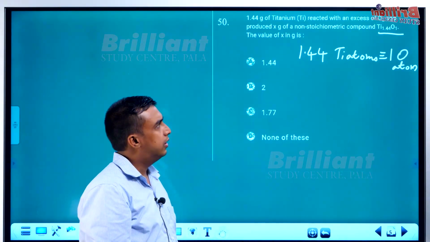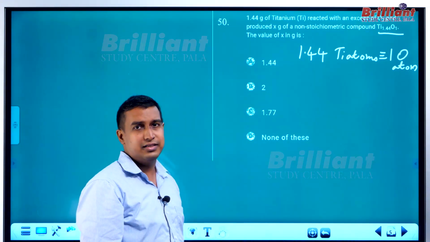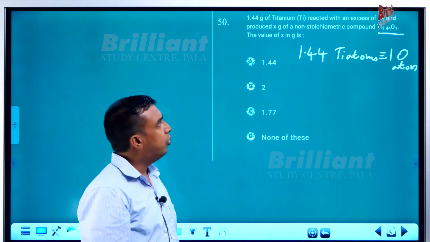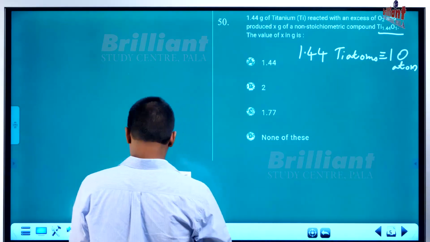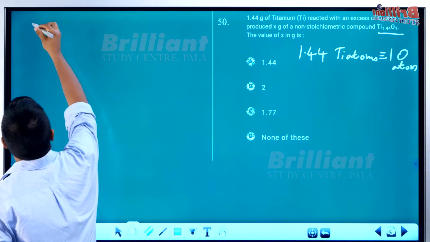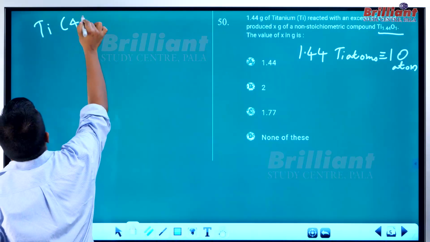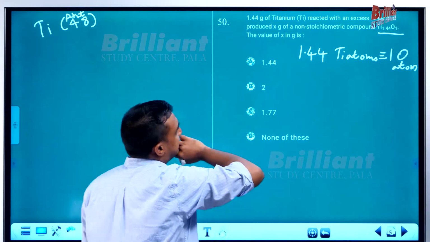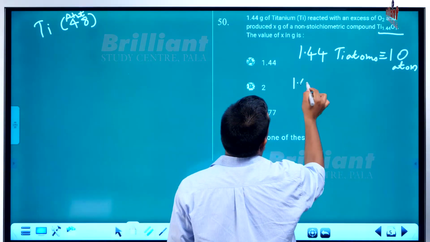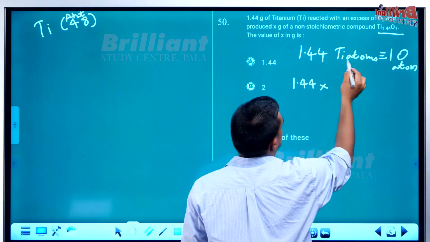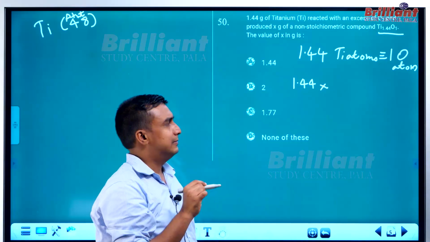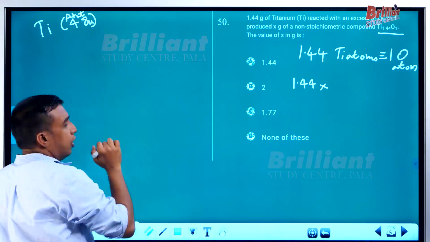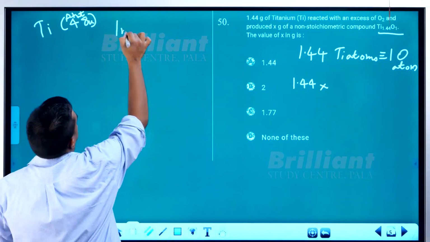Now I can find the weight of one titanium atom. What is the weight of one titanium atom? The average atomic weight of titanium is 48. So from this I can write 1.44 into... Let me say one thing: the weight of one titanium atom is 48 U. The weight of one mole of titanium atoms is